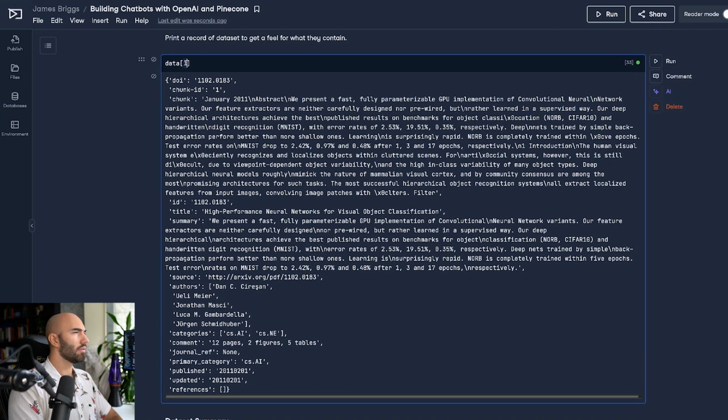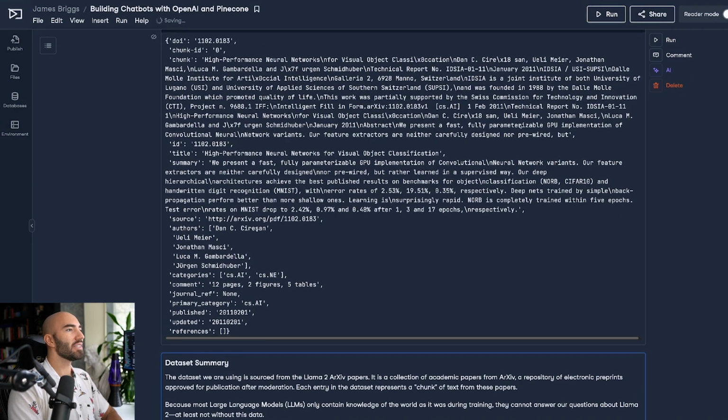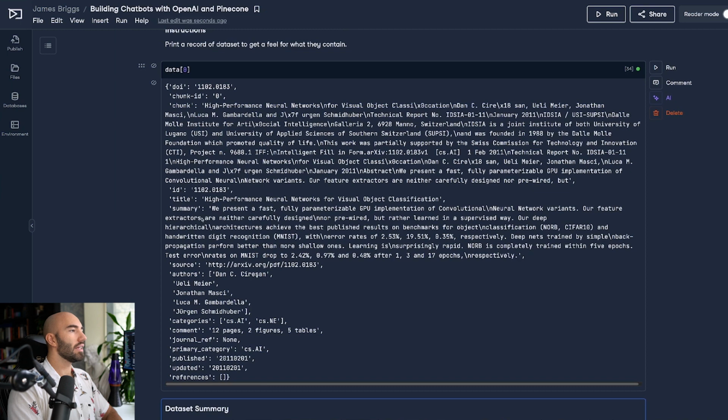So you can see that the chunk changes, but this does not, because they're the same paper. The chunk ID will also change as well.